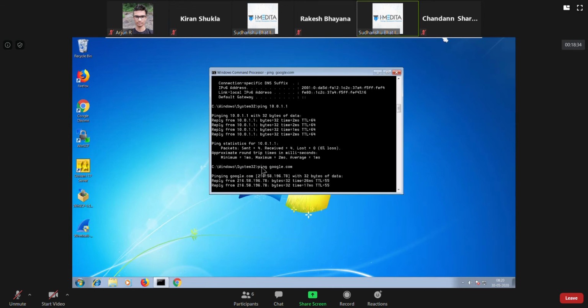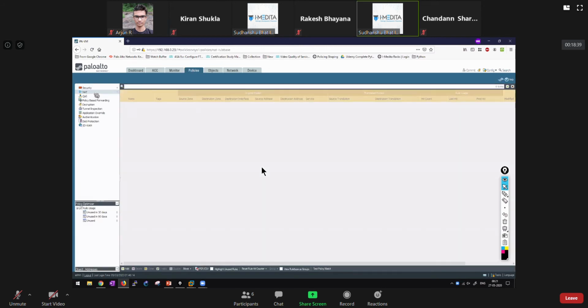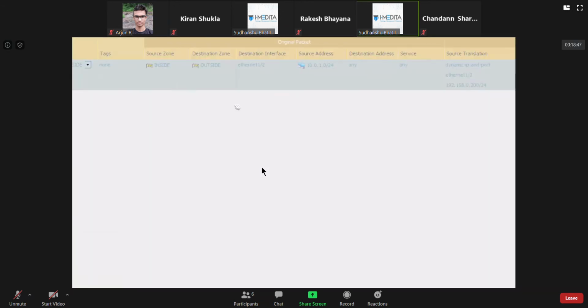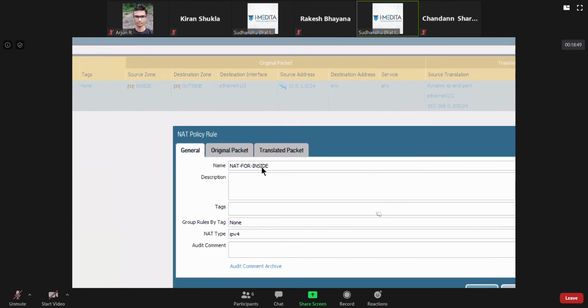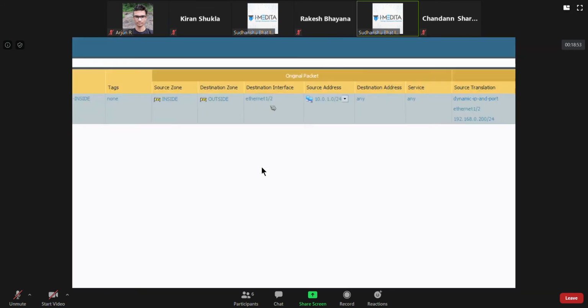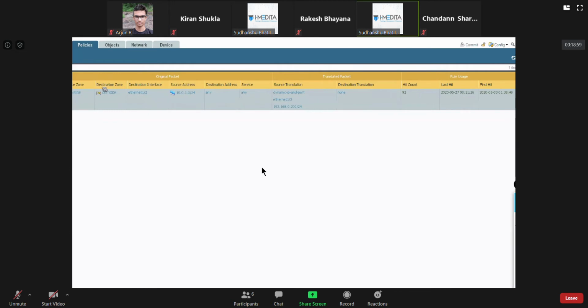The reason for that is we have a NAT policy here, which is translating us for the whole of this subnet with the IP on the outside interface to go out.